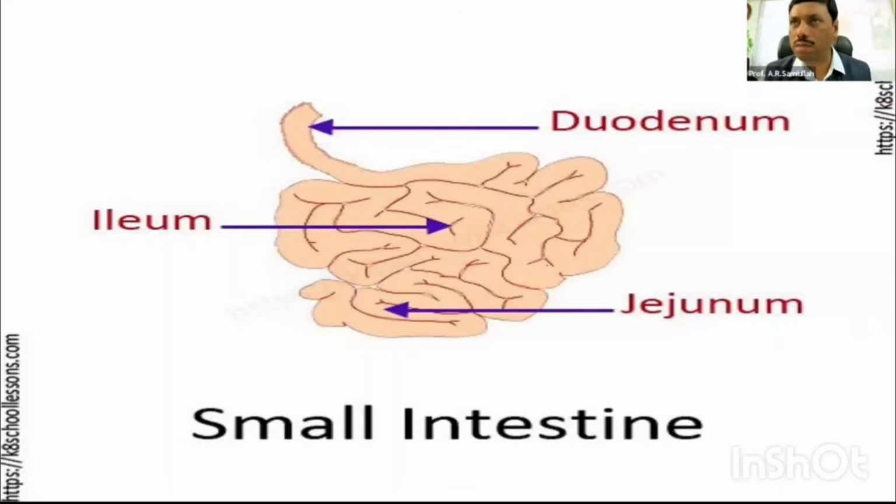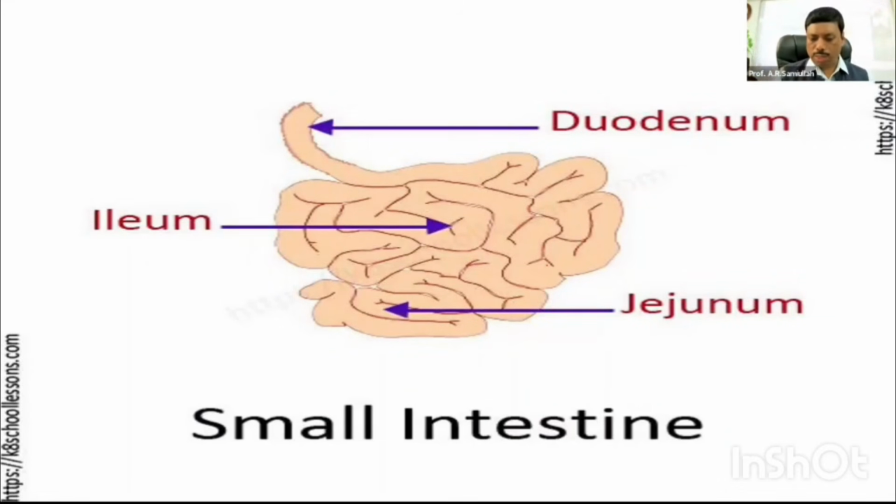Where exactly is the small intestine divided? In general there are three parts. One part is known as the duodenum, the second part as the ileum, the third part as the jejunum. The first part is the duodenum. Hopefully everybody can see the PPT. After the stomach, the next part is the duodenum, which is connected. The stomach is different, the duodenum is different, but they are interconnected directly. After the pyloric sphincter of the stomach, it connects to the duodenum, that is the small intestine. The first part is the duodenum, the second the ileum, the third the jejunum.